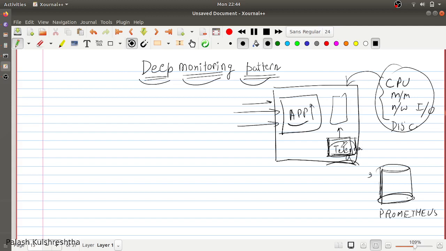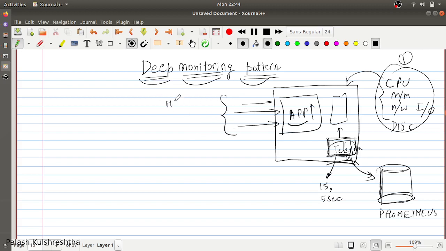So you will have scrapers. They are going to run, let's say, after every 15 seconds or every 5 seconds, according to your configuration. They are going to scrape these metrics and send them to the database. Now this is the first level of monitoring that you will need. Second level of monitoring will be, if you have a REST application, then you will need to monitor the API calls.